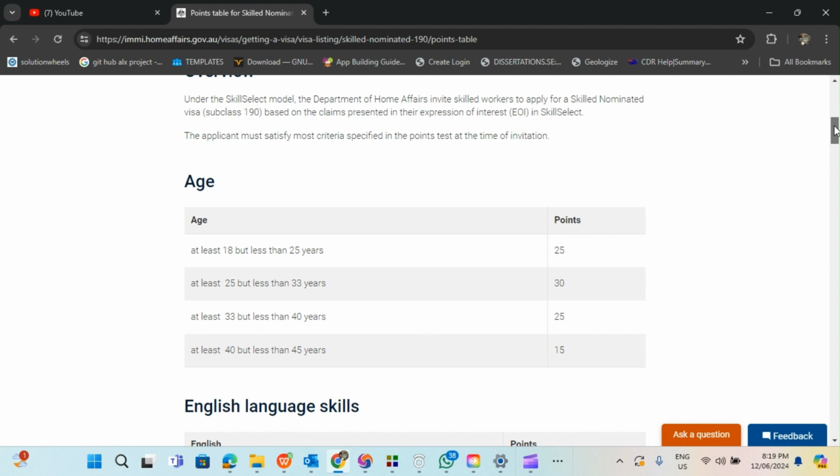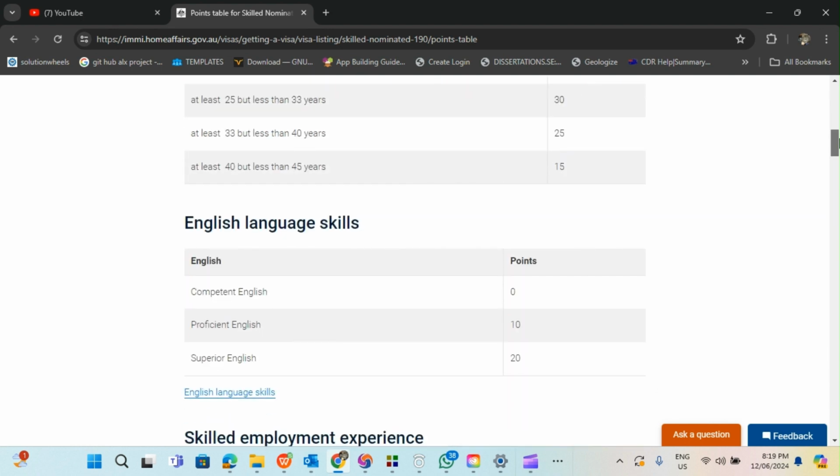Look at age. The highest score you can get for age is within 25 and 33. You can claim as much as 30 points, which is the highest. If you're within 18 and 25, you can claim 25 points. If you're within 33 and 40, you can claim 25 points. And if you're 40 and above, up to 45, you can claim 15 points.